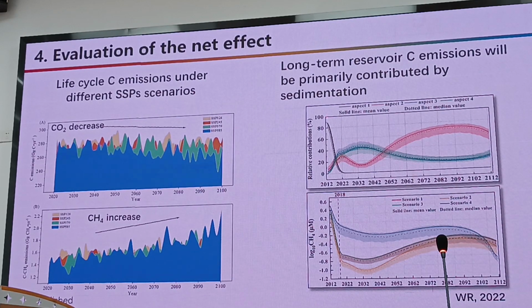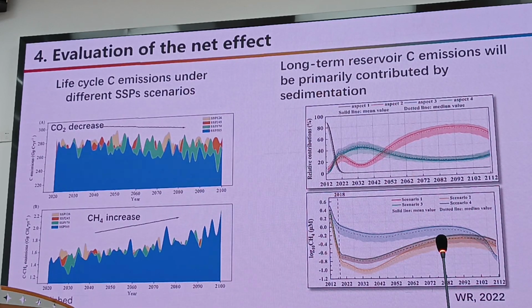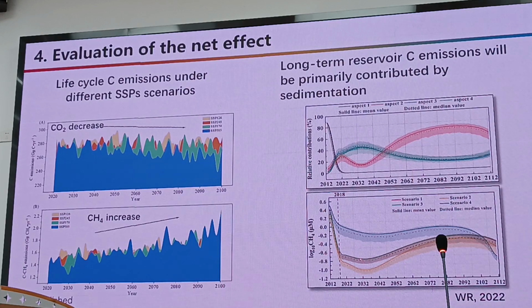You'll see that the flooding effect quickly goes down. The reservoir can consume the organic carbon very quickly, within about 10 or 20 years. This is another reservoir upstream of the Yangtze, called the Shangjiaba reservoir. You will see a video later. In different scenarios, there will be a decrease of methane. And after that, if the reservoir collects sediments, the methane concentration in the water column will gradually increase after 80 years of operation in reservoirs.